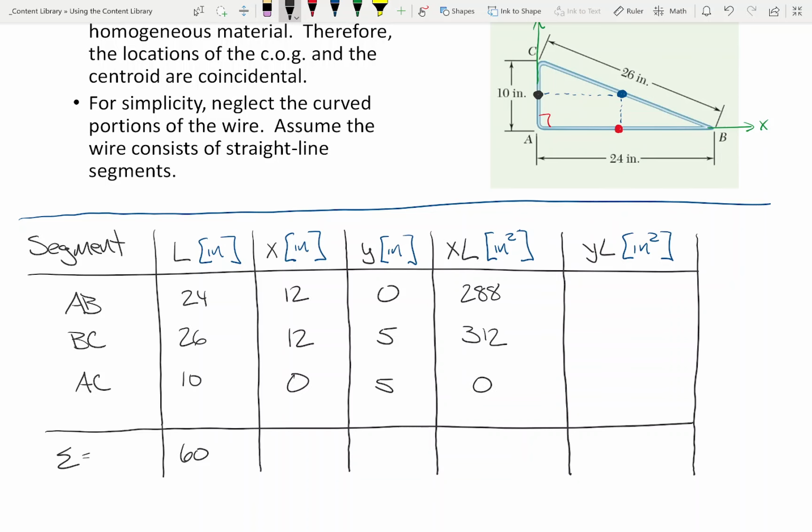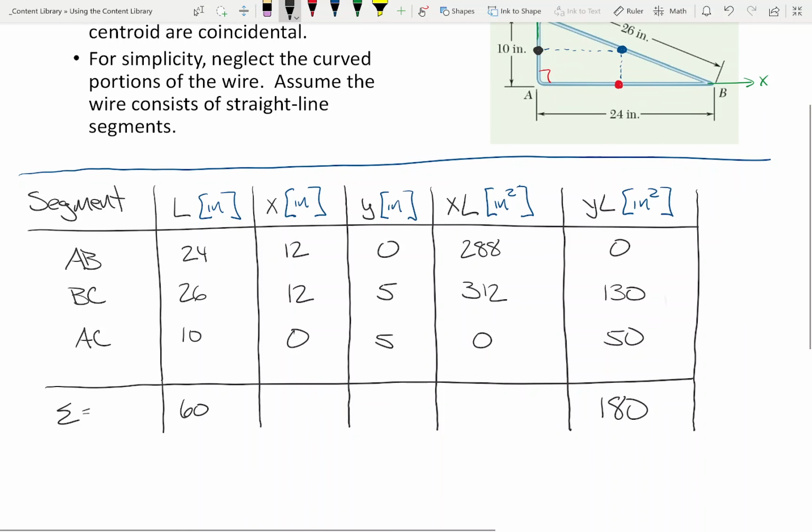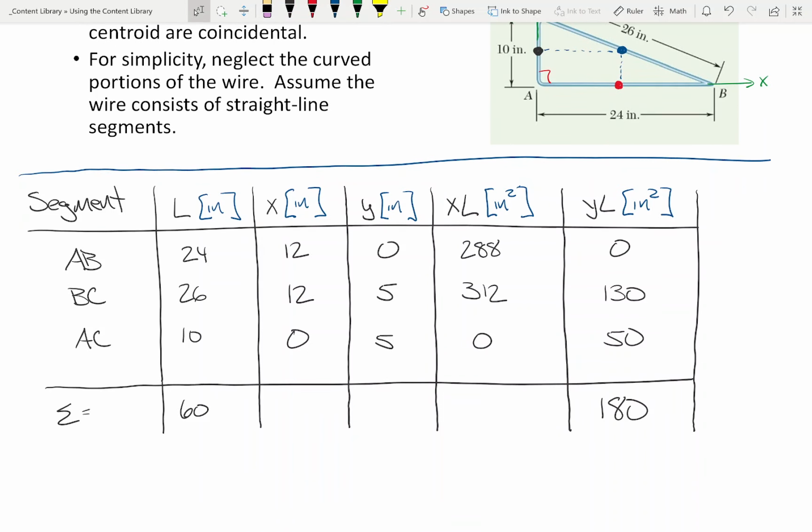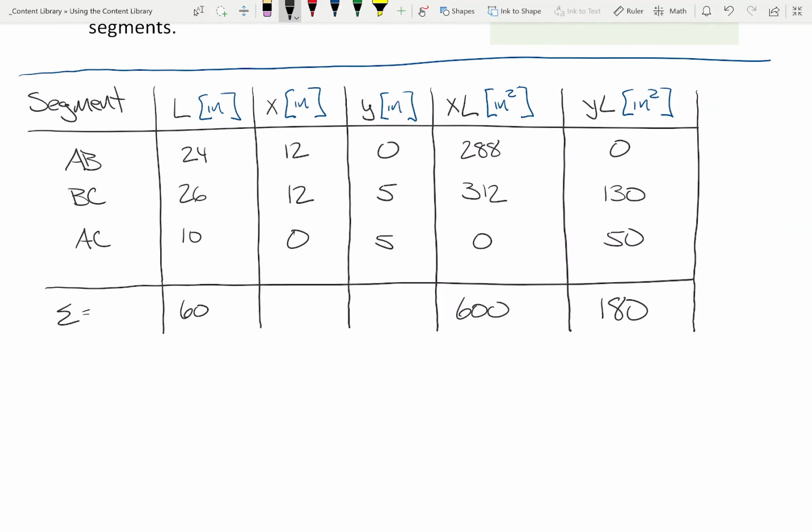And what do we got here? We've got 0. This one's going to be 130 and 50. So let's see, that's 180. And 288 and 312, that's 500 and 100, that's 600. So therefore,